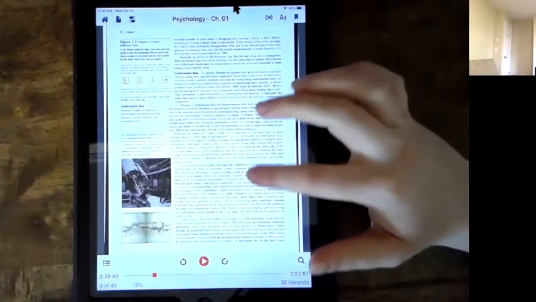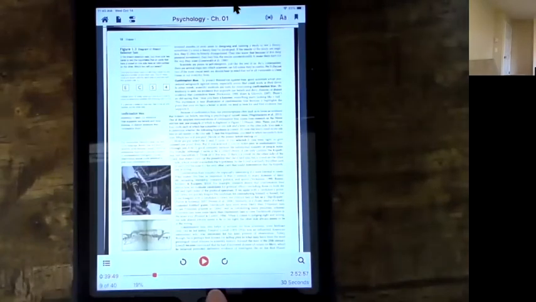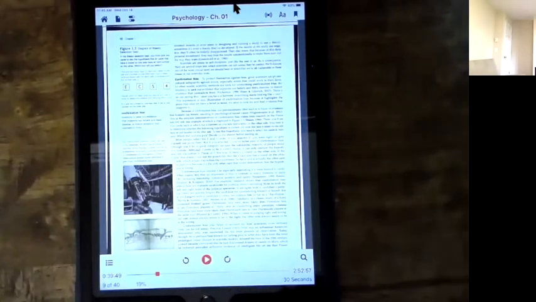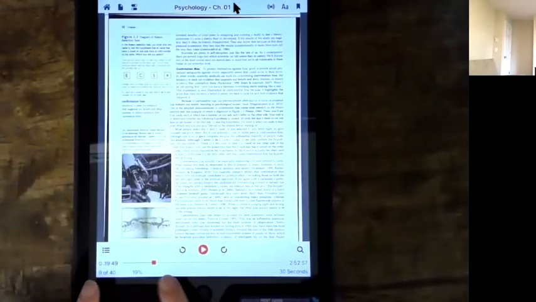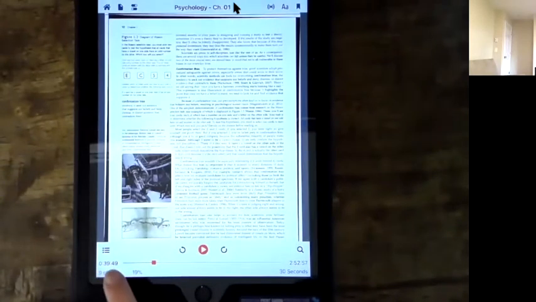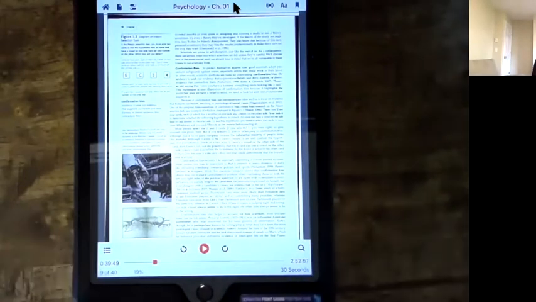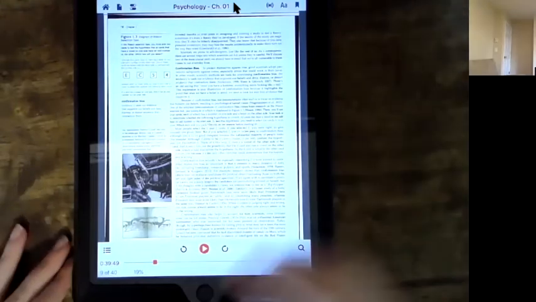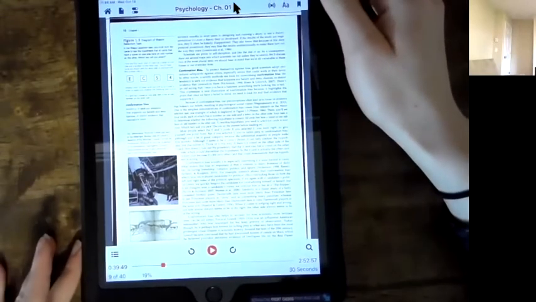So first I'll show you the navigation tools that are here at the bottom. So just to scroll from page to page, you can use your finger to scroll. And then here at the bottom, you have your play button, and then these two buttons jump about 30 seconds ahead or behind within the reading. At the bottom here, there is this range. So right now, if I were to start the reading, it's about 40 minutes into the reading, and I would have about 3 hours left. So in total, the reading is about 3 hours and 40 minutes for this whole psychology text, for this textbook chapter. There's also this percentage that shows you about how far along you are in the reading. So this can be a helpful tool.